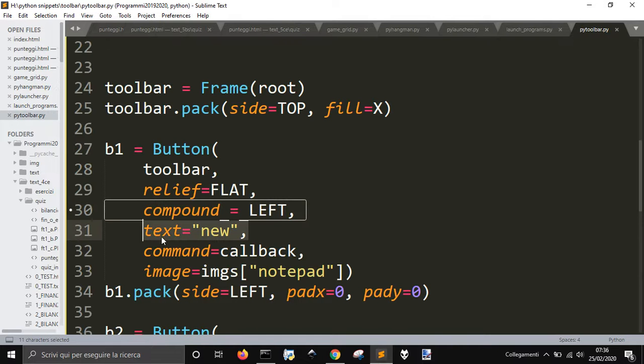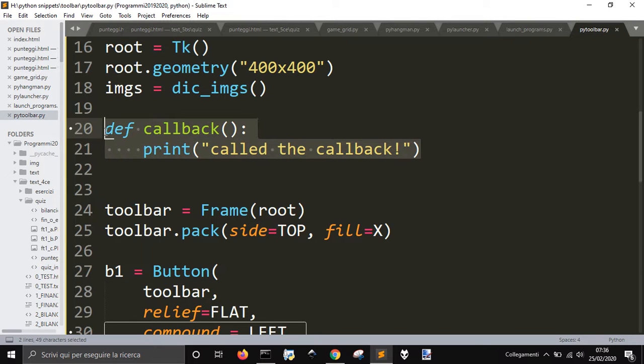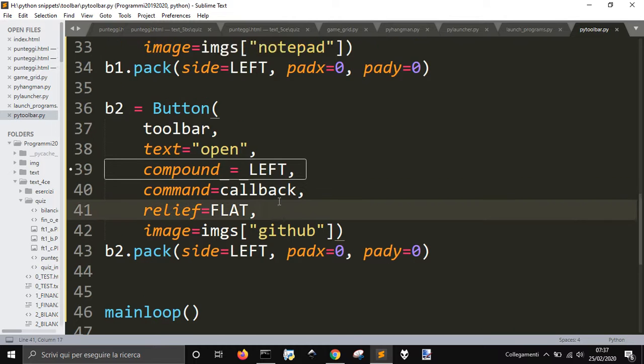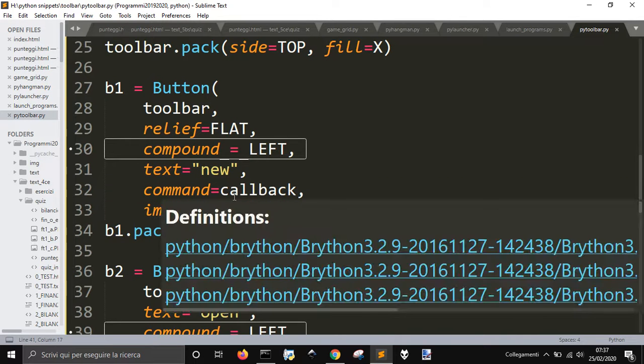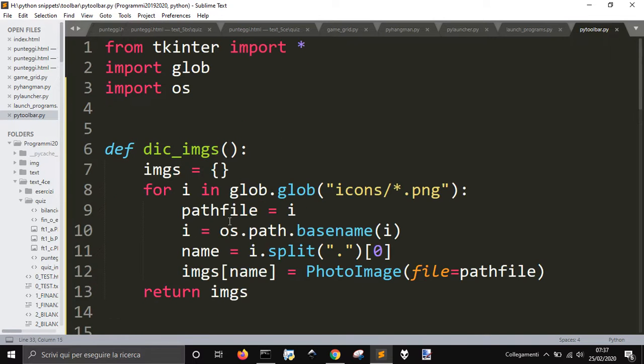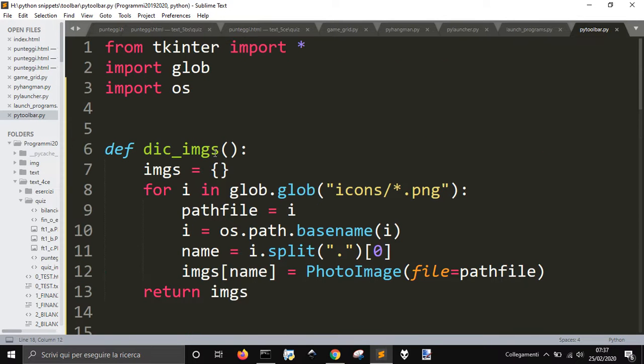Then we have the name, the text. Then we have the command, that is this one. It's just an example of what you can do when you press the button. You can change it for your purposes. And then we have the image. The image is equal to this image contained in this dictionary, and the dictionary here is created by this line that refers to this function,